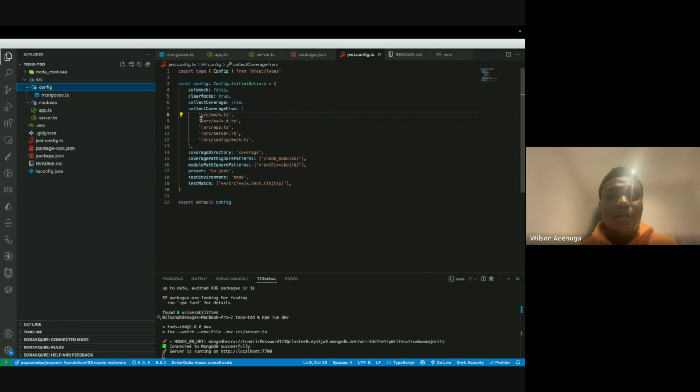So this says, collect coverage from everything in this directory, but ignore some files in my source directory that I also want to ignore. So this is also a regex. I'm just saying ignore, ignore, ignore, ignore. That's what this exclamation mark means. Just like some config that you can set. If you check this